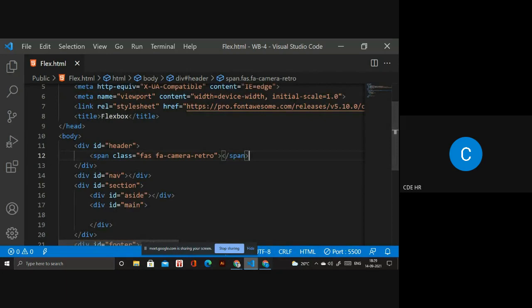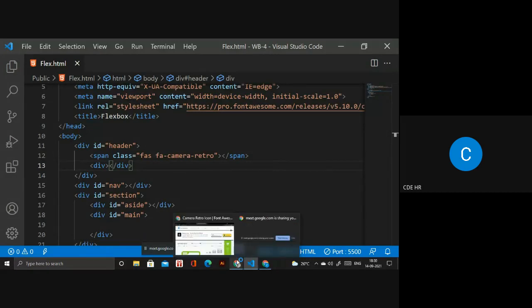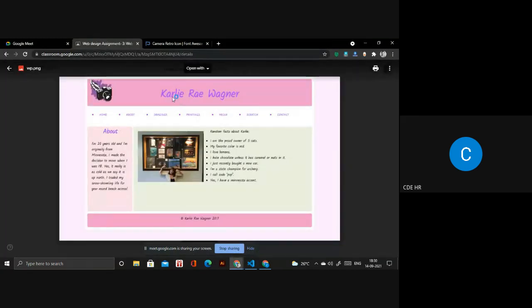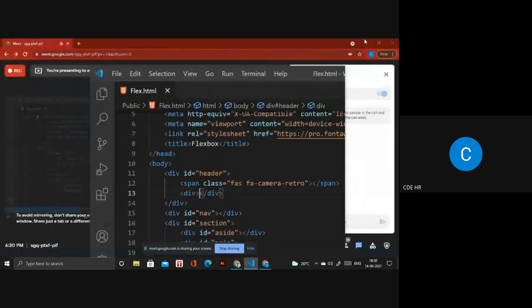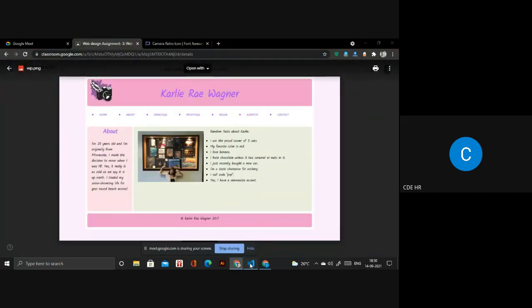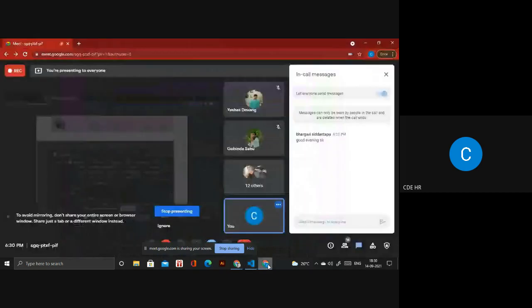So next thing, we have to design the content. So I will design something div as well. Inside I have to write the name of the particular website. What is the name? Wait, I will minimize it. I will go there. I will open that one and I'll paste it. Wait, I will allow.